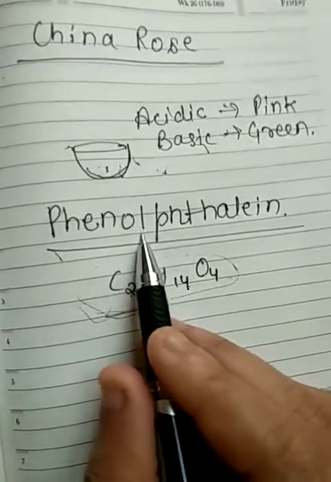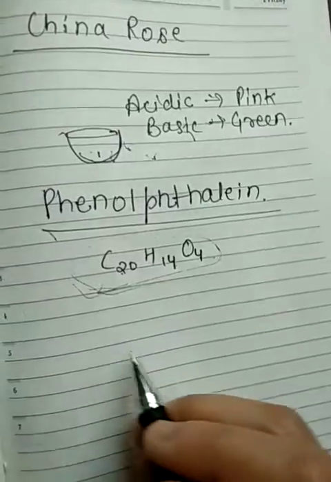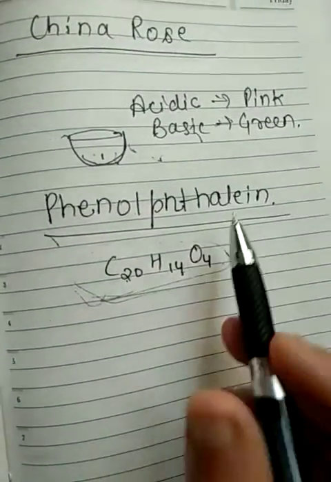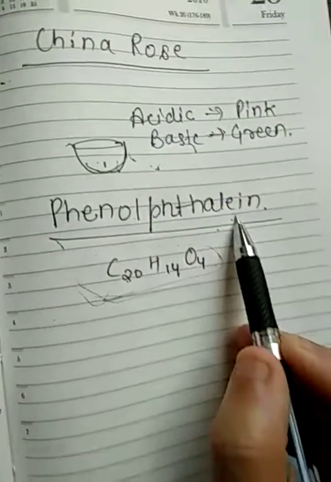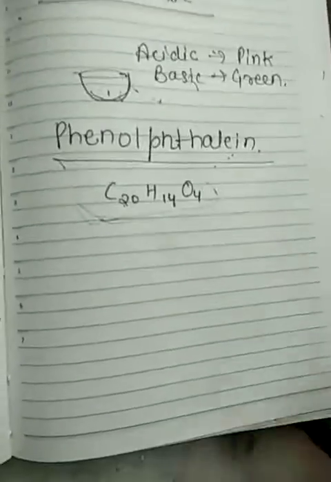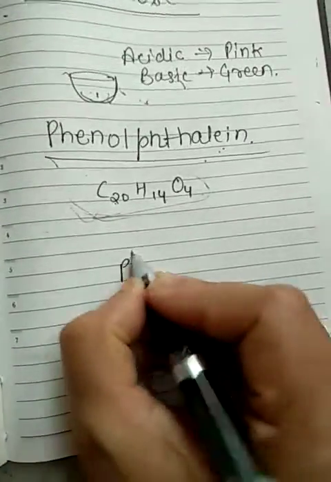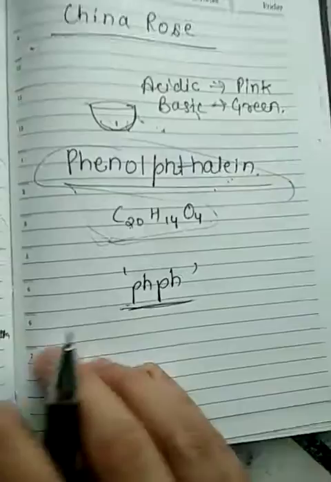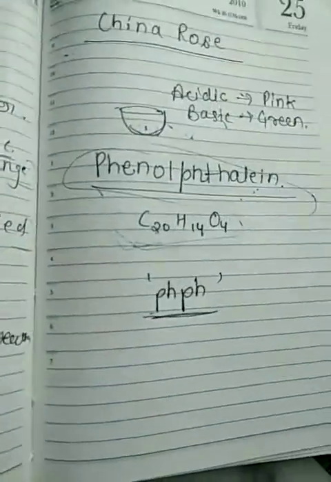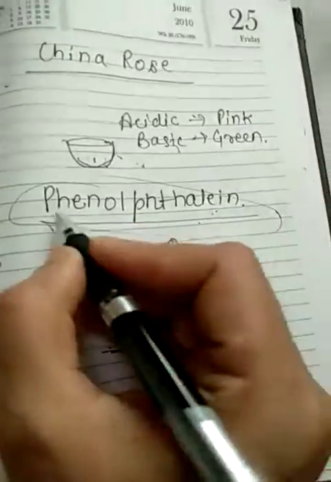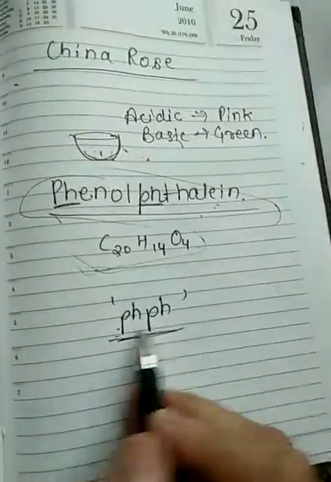This is a chemical compound which is colorless and highly soluble in water. Then again we make a solution by mixing it with water and use it as an indicator. It is also called HPh because of its big name. Sometimes it is difficult to use such a big name, so we use HPh as the short form. Phenolphthalein, and the pH is taken from here, and that is why it is called HPh.